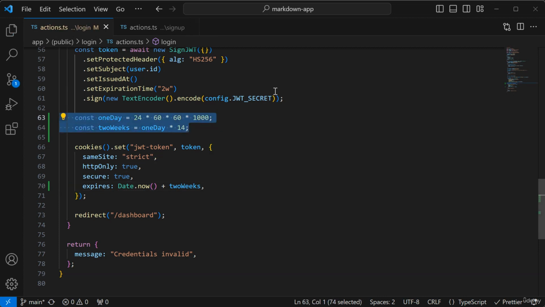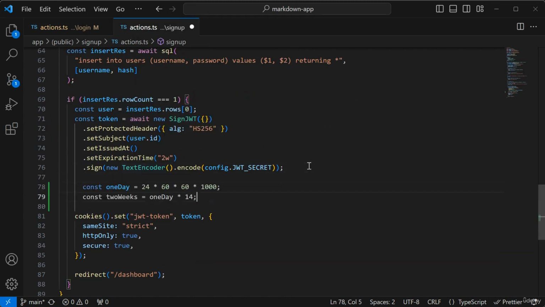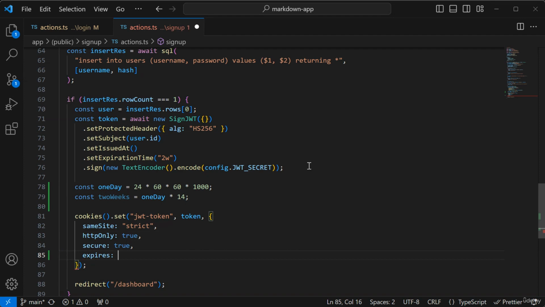And then I think I also want to do the same thing with the sign up. So I'm just gonna add that bit of code there. Expires: Date.now plus 2 weeks. Okay, so let's go back to the browser,